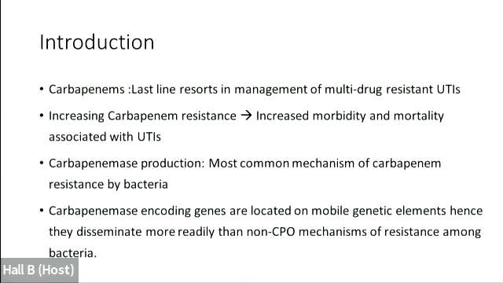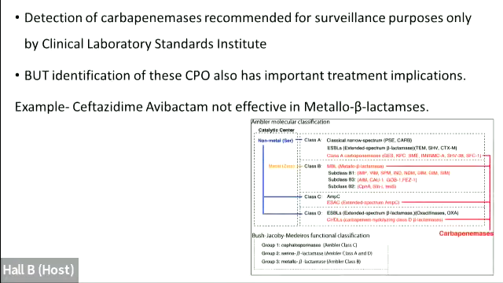The most common mechanism suggested for this carbapenem resistance is the production of a carbapenemase enzyme. And carbapenemase production is causing more of a problem because the genes coding for this enzyme are present on mobile genetic elements. So for the organisms producing this enzyme, there's a rapid spread in the hospitals as well as in the community. So carbapenemase-producing organisms are causing much more of a problem than the non-carbapenemase-producing organisms which are showing carbapenem resistance.